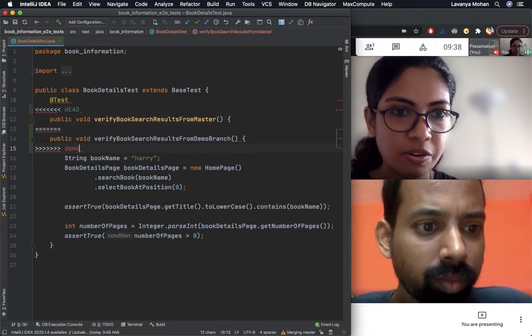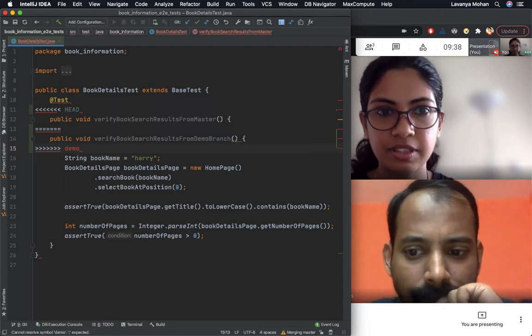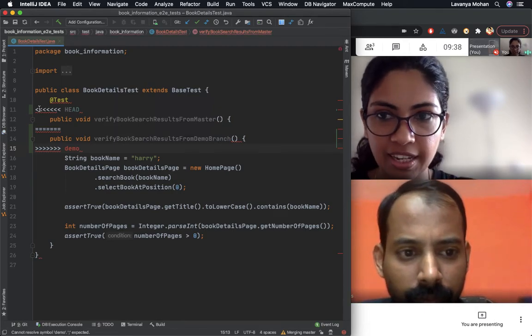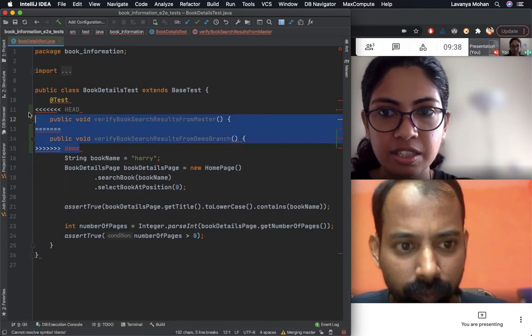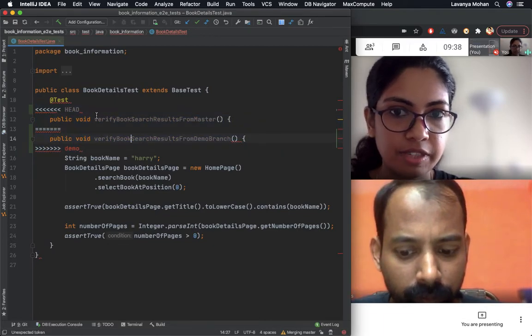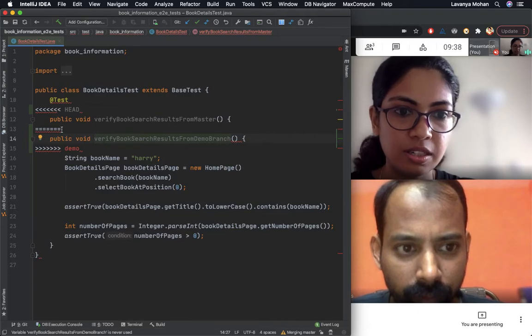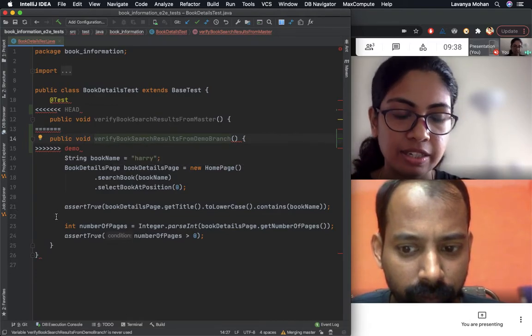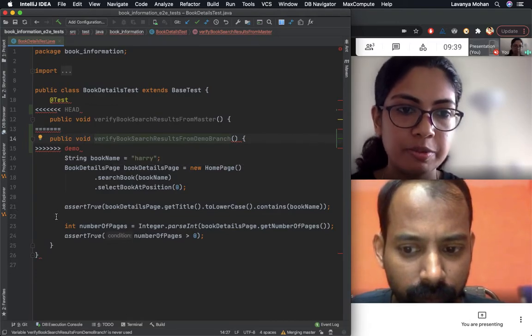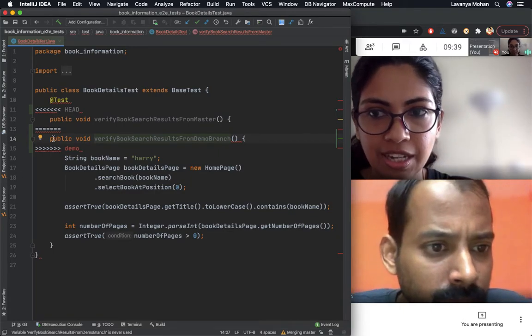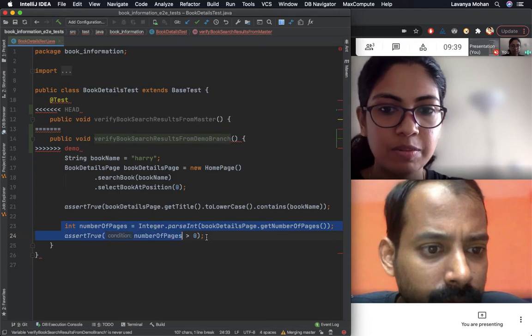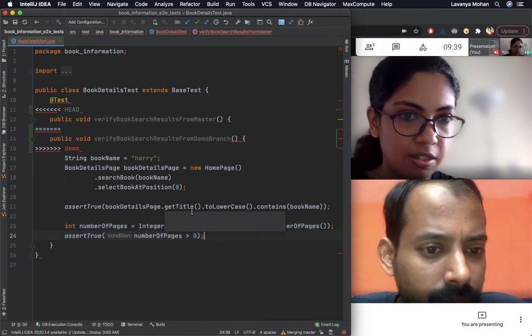So usually all git merge conflicts will have these symbols. Right now it's just in one place because we made changes only here, but it could be at different places in the same file as well. And of course, it could be in multiple files, wherever there are conflicts. So we could have these things here as well, like if we had made another change here.